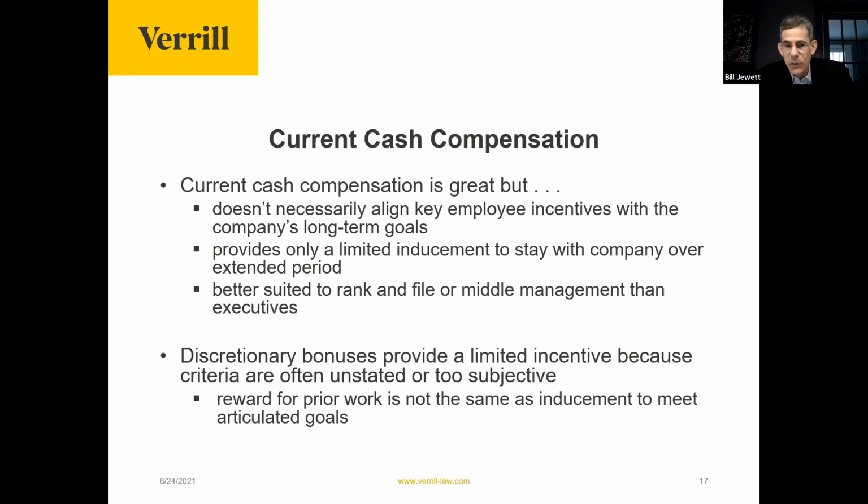One way to add on top of salary and address some of these needs a little bit better is paying bonuses. You get some impact with bonuses for retention and incentivizing performance, but discretionary bonuses provide only a limited incentive because the criteria are often unstated or too subjective.